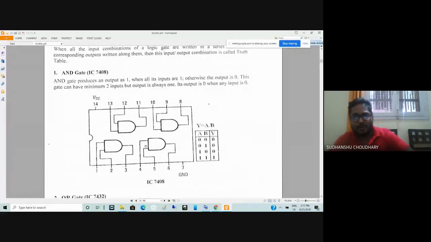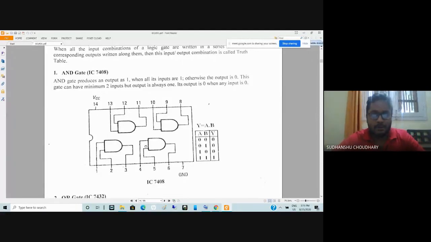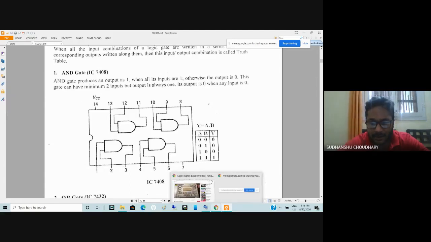Now, since you do not have access to the lab because the institute is closed and we don't know when it will be opened, the idea of conducting an online lab is to train you in a way that you will be exposed to everything virtually, so you'll have a knowledge of how things will work. And once the lab opens, maybe after 3 or 4 months, or maybe sooner, you would be in a position to implement the same thing on the boards. Okay. So that is the aim of currently holding these online lab sessions.